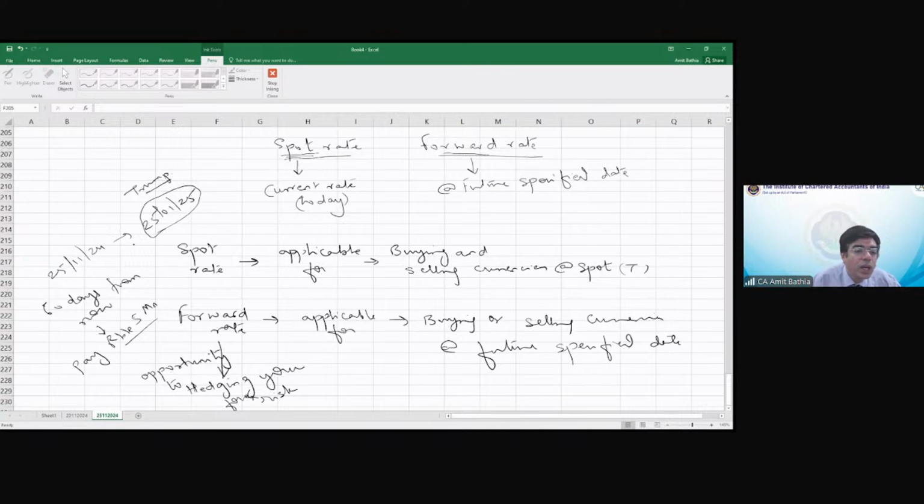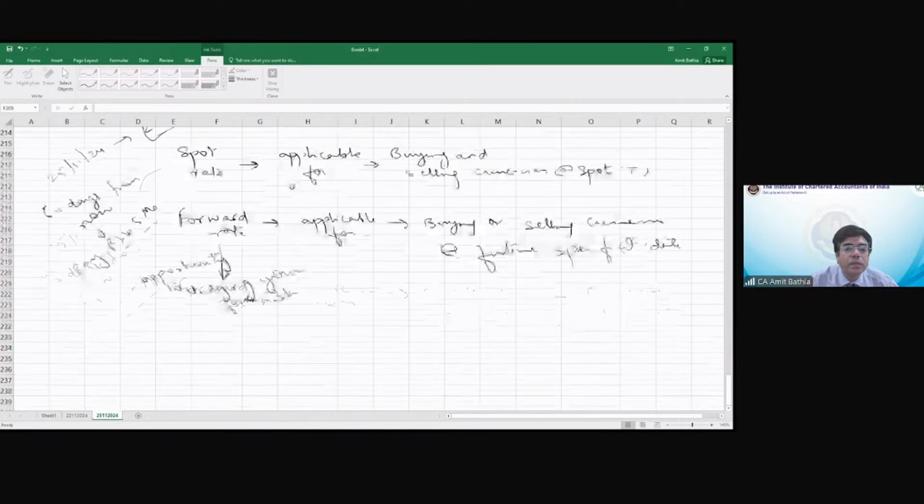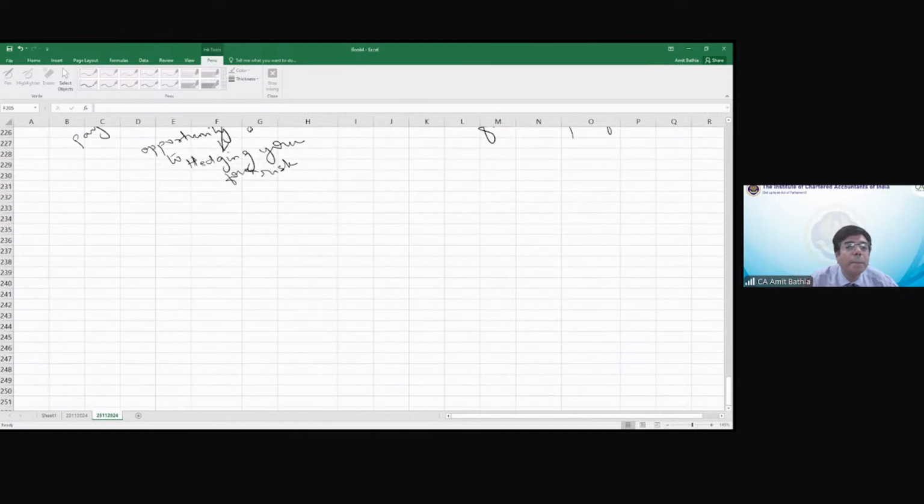So in that case, what I do is I enter into something known as forward exchange contract, right? What is forward exchange contract? I finalize the price at which I want to transact in the future date. Like I fix it at this current date. Exactly. So forward exchange contract is nothing but you fixing your obligation for future payments, right? So you are already going to